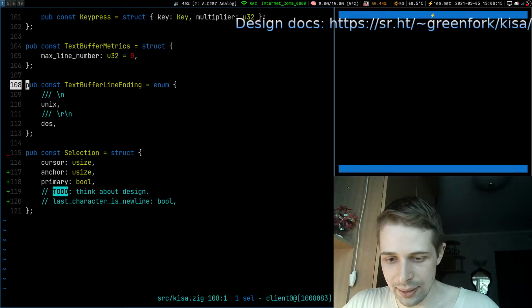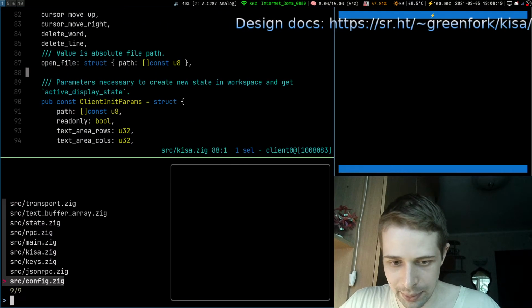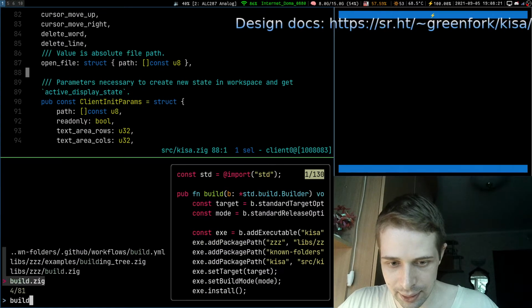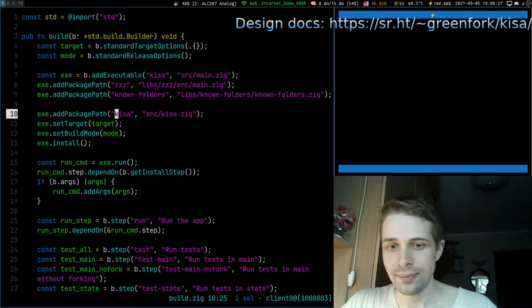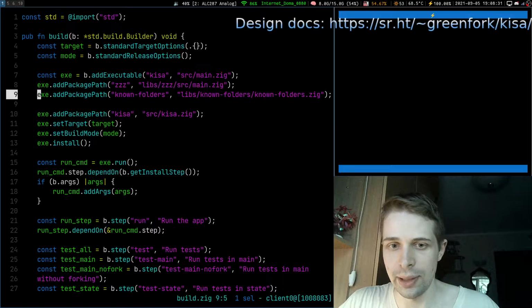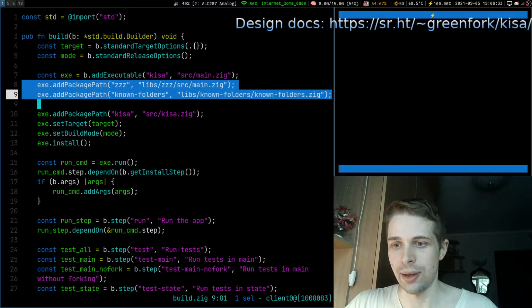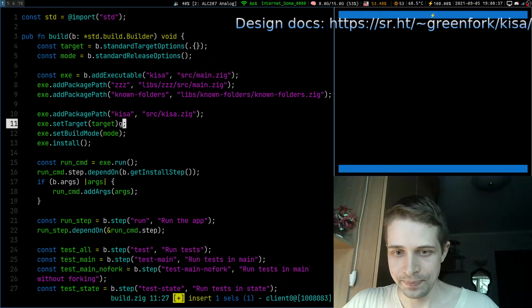So kisa.zig is like the main project file, and in the build, here build, we say addPackagePath kisa, src/kisa.zig. Usually we use it for libraries like here, which are libraries which I did not write and I just want to use them.